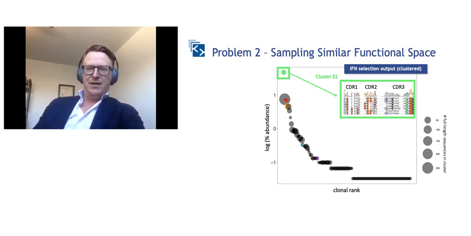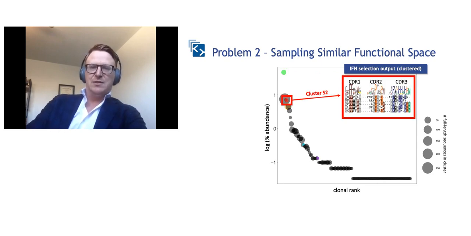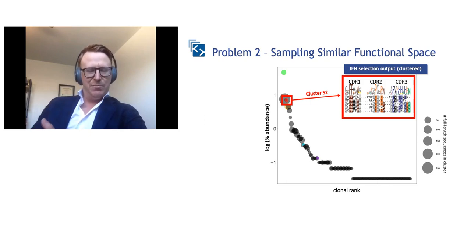But in any given case, oftentimes the higher percent identity across the space are going to share a lot of functional features. So this is an actual interference selection that was conducted, and you find a lot within the cluster space. If you move down here, each of these are plotted. The size of the circle is the number of sequences in a given cluster. You find a lot of patterns across here. And so when you're picking across here, you're actually choosing a lot of clones that may have similar paratope and corresponding epitope, and then perhaps functional